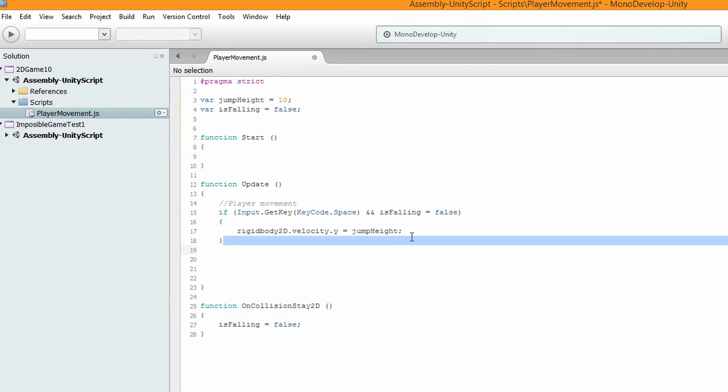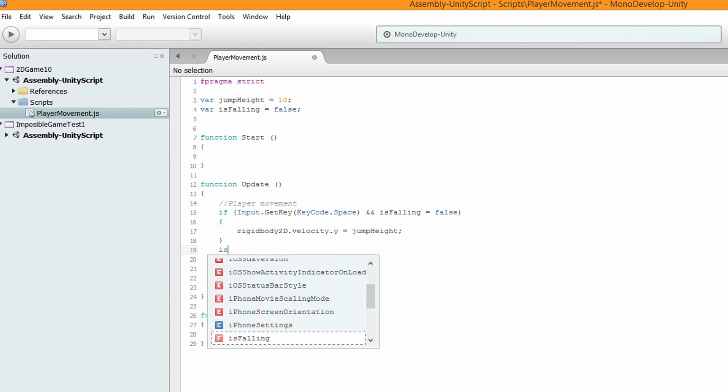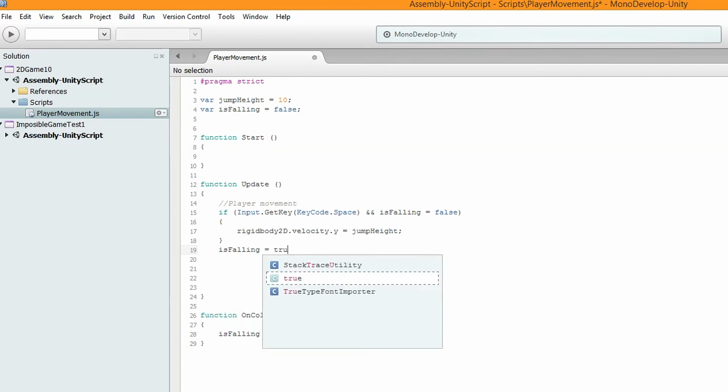If not, then we can't. So no matter how many times we press space, if we're in the air, we can't jump. And the way we say that we're in the air is underneath the brackets here, we just put isFalling equals true.